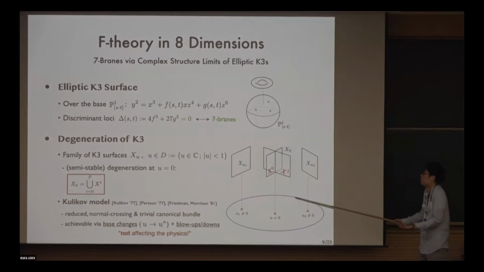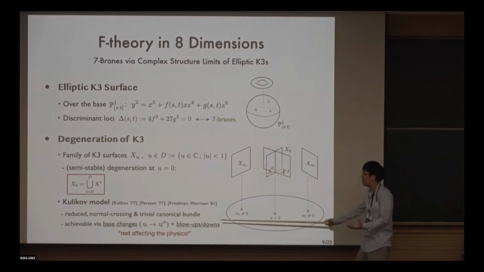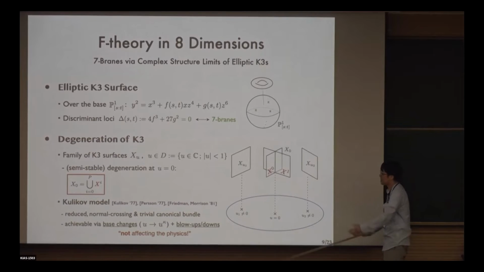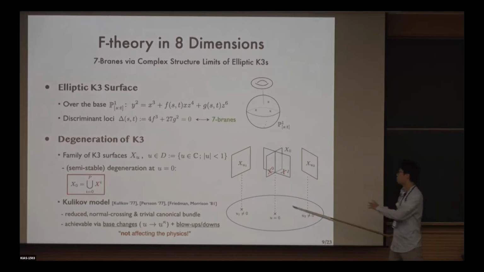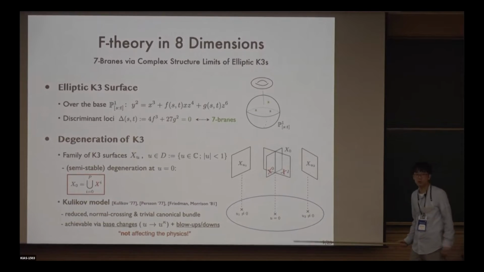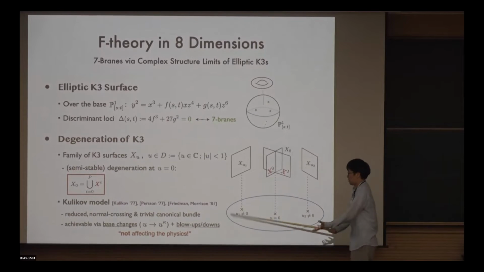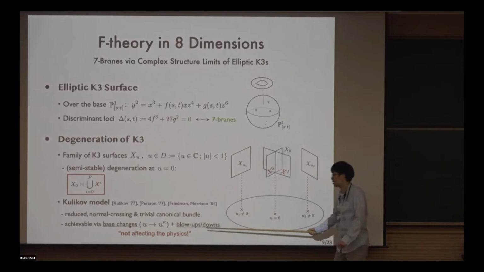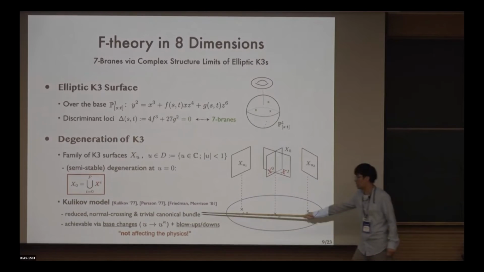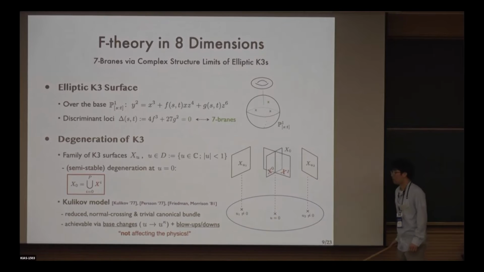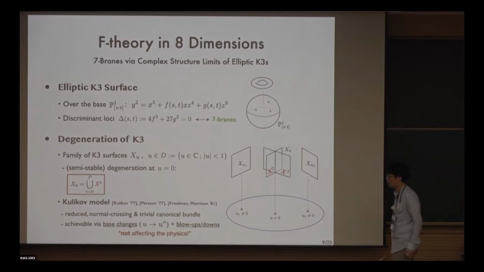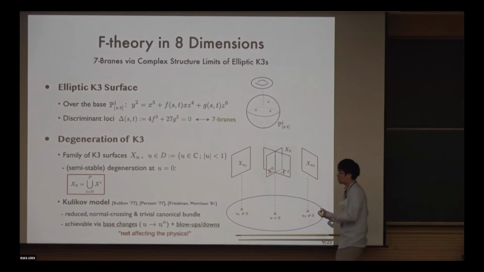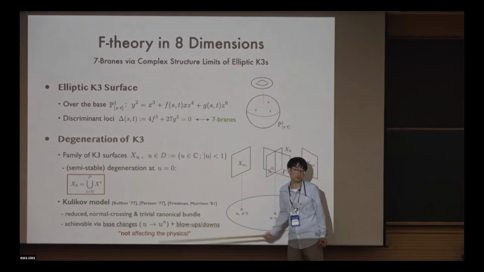So we don't change the degeneration. We just change how we view this degeneration. So the physics is the same. And the blow-ups we will consider will in the end correspond to zooming in on the brane stacks. And that's just how we look at the branes, and that doesn't change the physics. So these two operations will not change the physics, and therefore, according to these mathematical theorems, we know that any limits of 8-dimensional F-theory vacua should be given an equivalent Kulikov model description.